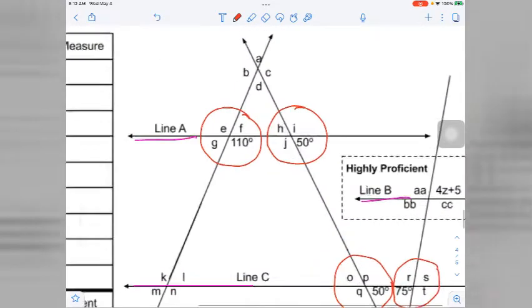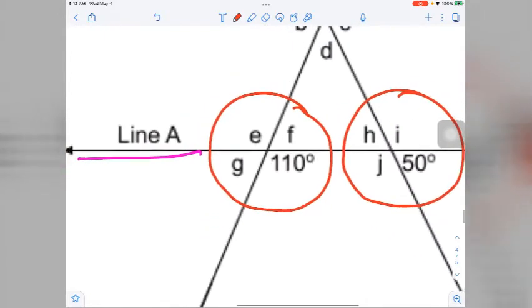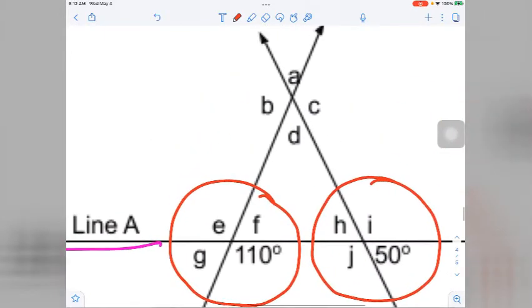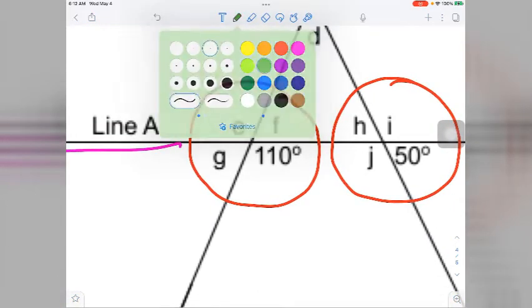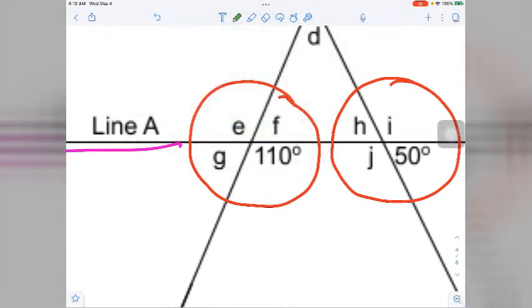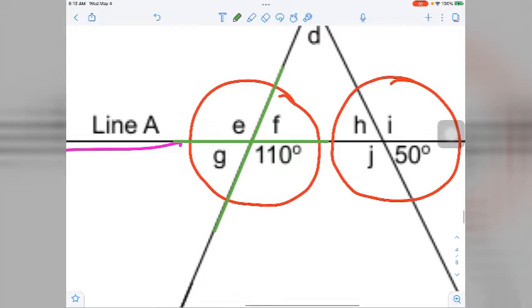But I'm going to start with the angles that I definitely know first, or where I definitely know something first. So I'm not going to start with A, B, and C. I'm going to start with E, F, and G. What I do know is that these are all straight angles. So this is a straight line right here, and this is a straight line right here. And because those are straight lines, that means that